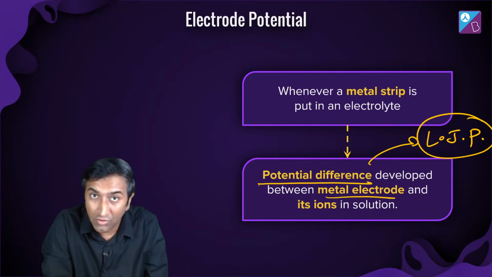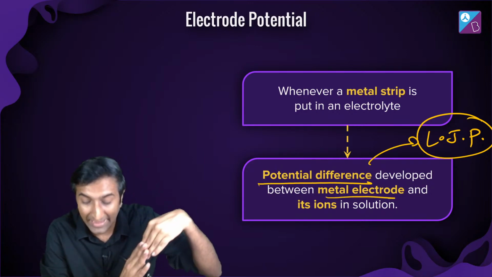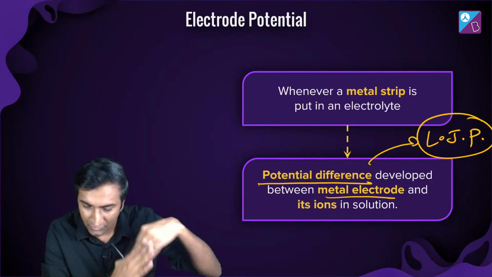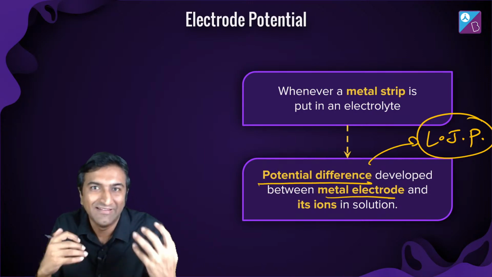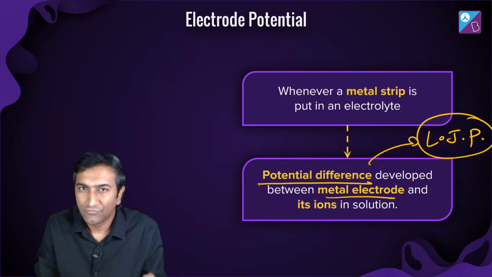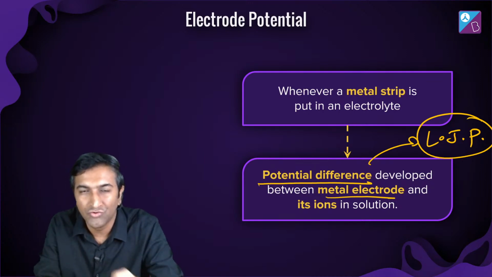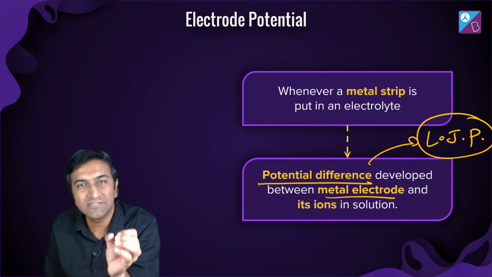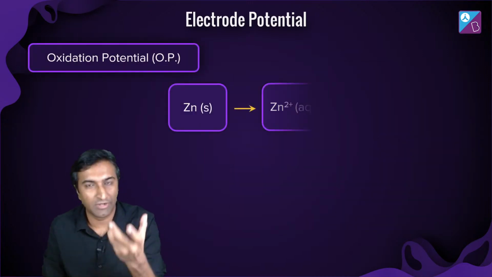Between the metal electrode मतलब क्या था? वो metal and the ion, उसके बीच में एक sort of tension create हो जाती है. Literally, like there's a tension there. ये जाना चाहता है, जाना नहीं दे रहा है. So it's ready to go into solution. Just needs a little push. That is what this potential difference is.